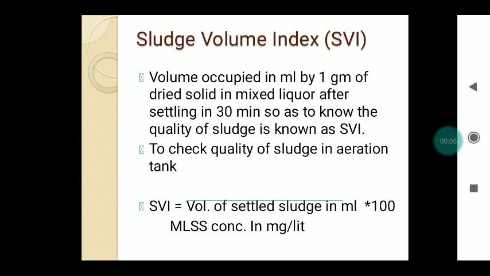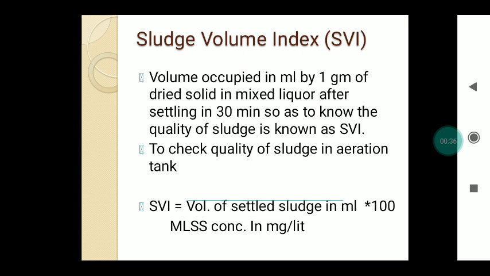Today we are here to discuss the third chapter of Environmental Engineering for Second Year B.Civil, that is Theory and Design of Treatment Units. Okay, in the previous lecture we discussed the secondary treatment units and the biological process in a secondary treatment unit, the principle of biological treatment and the role of microorganisms in the biological treatment process. Also, we saw the activated sludge process and its advantages and disadvantages.